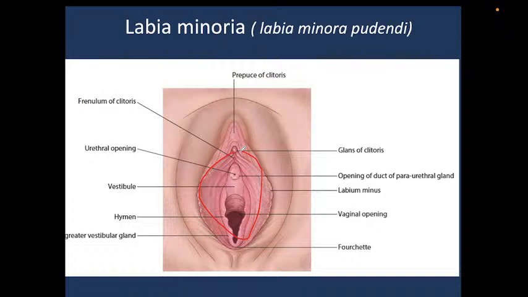The gap between the labia minora is called the vestibule of the vagina. They form the space called vestibulum. So between the labia majora is the genital cleft, but the vestibulum is between the labia minora. That is interesting. In the vestibulum is the urethral opening, the female urethral opening. That is the place where we doctors should put the catheter during catheterization of the urinary bladder.